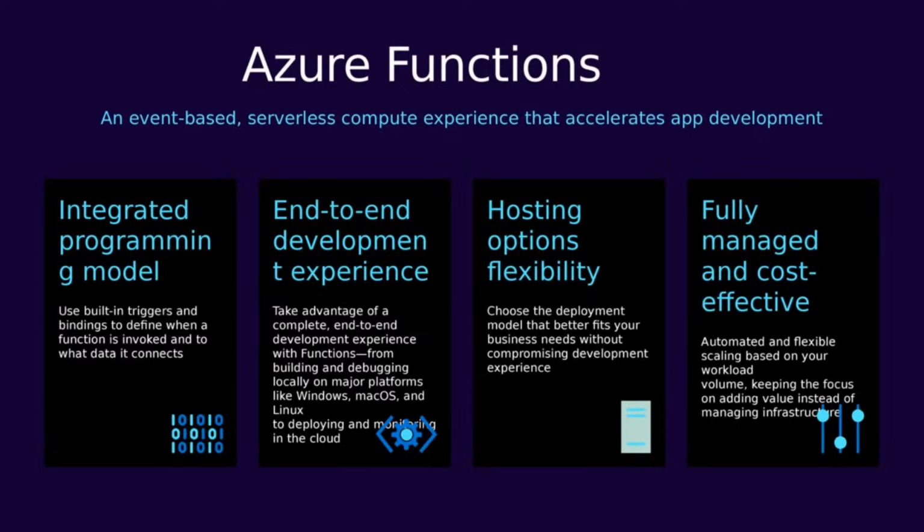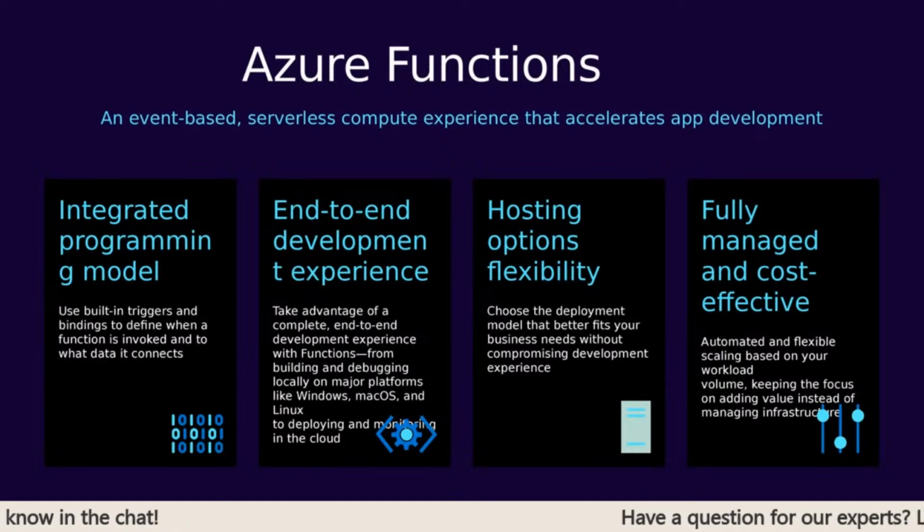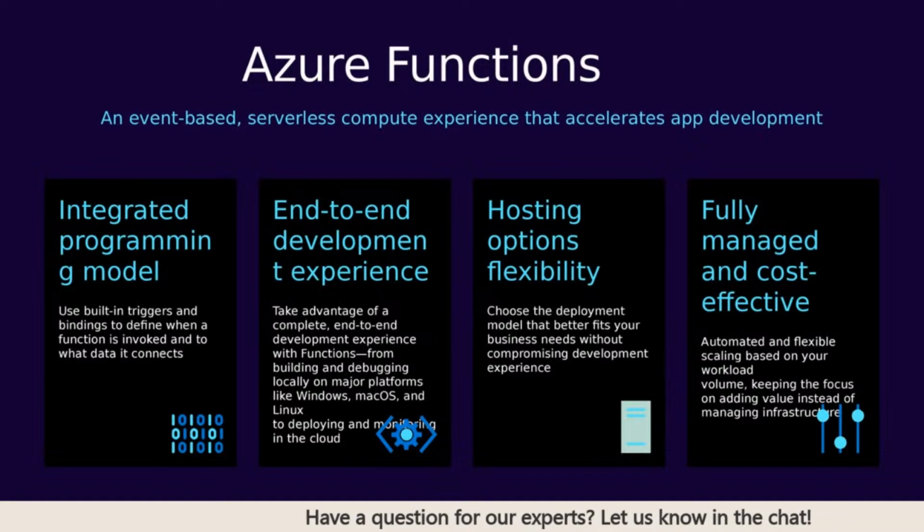And then after you're done processing the business logic, we allow you to send that updated data back into the different services. You might want to send it to SQL or Cosmos or back into another event system so it can be processed by other Azure functions. What the integrated programming model really offers you is that abstraction, so you don't have to worry about all the plumbing, how to connect to the events, how to get the events. All of that is taken care of for you inside the integrated programming model.